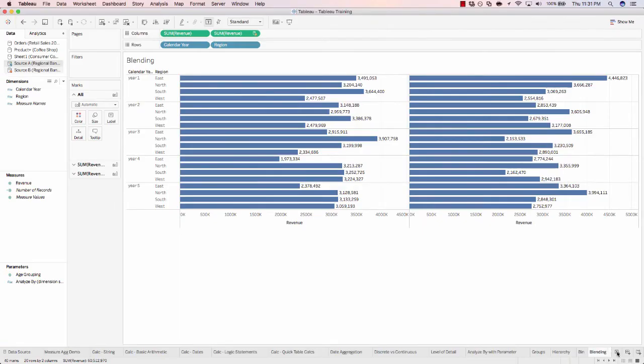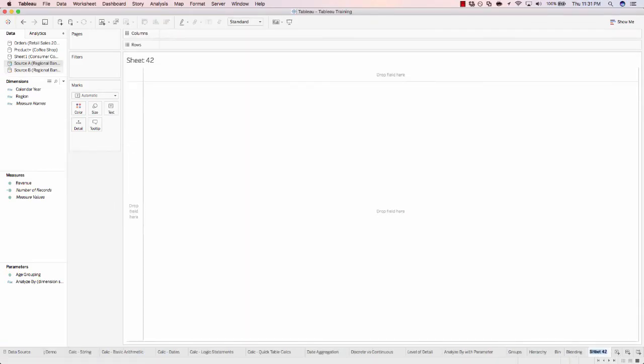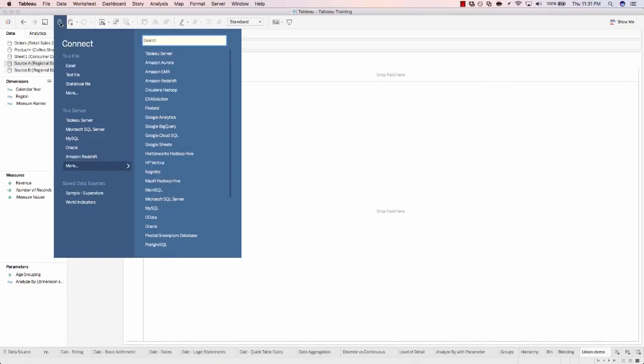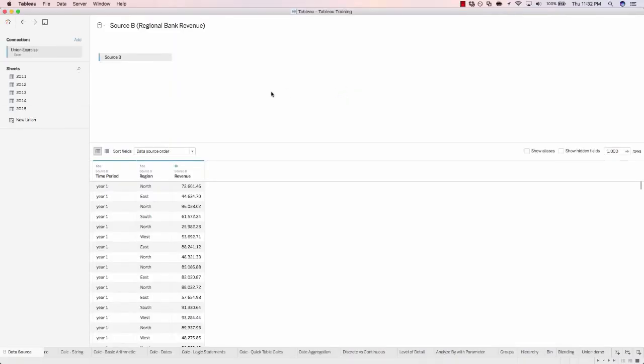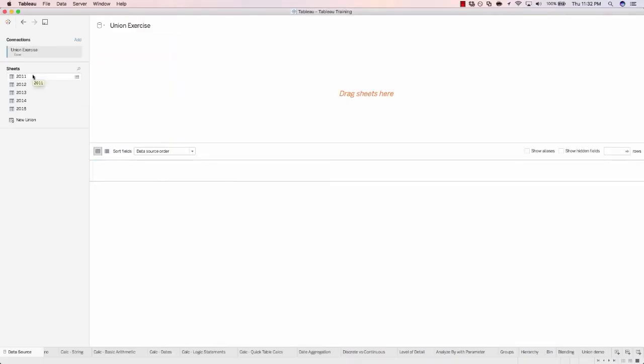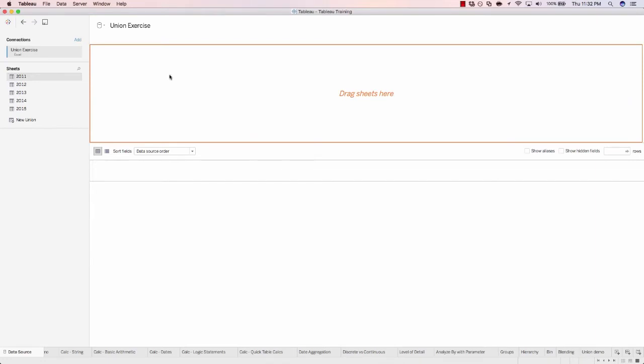We'll create a new sheet. Let's call this Union Demo. Connecting to a new source, Excel, Union exercise, and there's a few different ways to execute this union. We can add 2011,